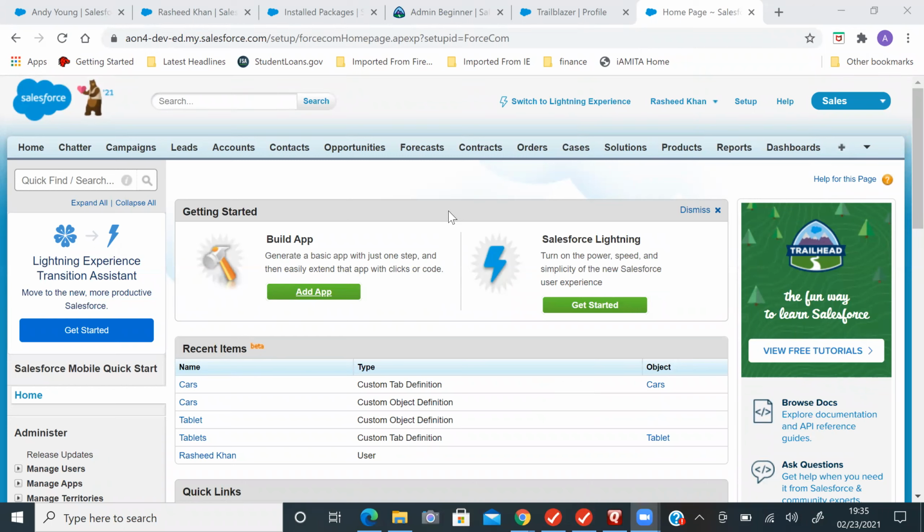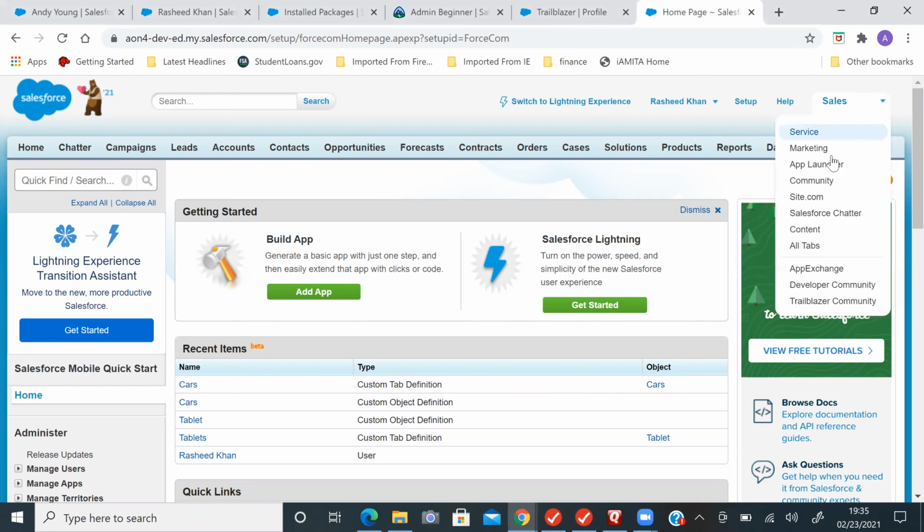For example, you can click on the drop down of the Sales application list. So you can see the applications here like Service, Marketing, App Launcher, Community, Site.com, Salesforce Chatter, and all. These are all the standard ones given by Salesforce. So now we will be building our custom application.